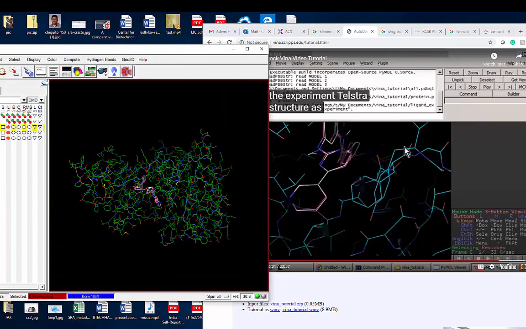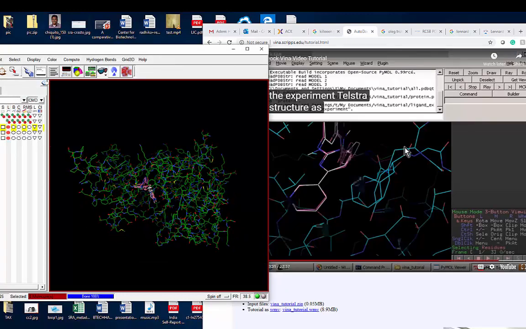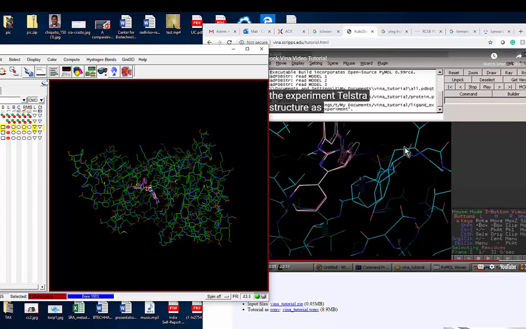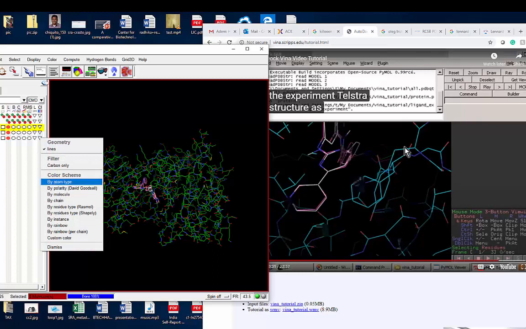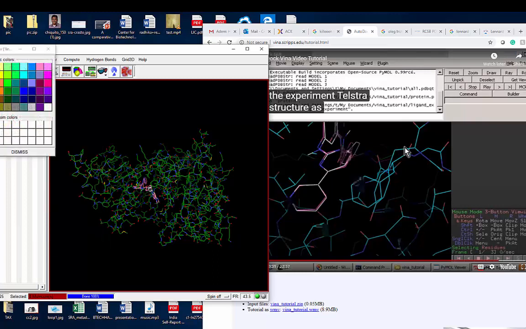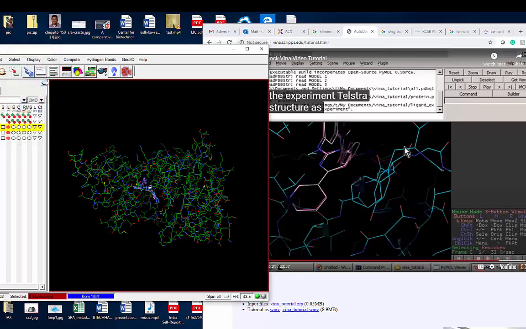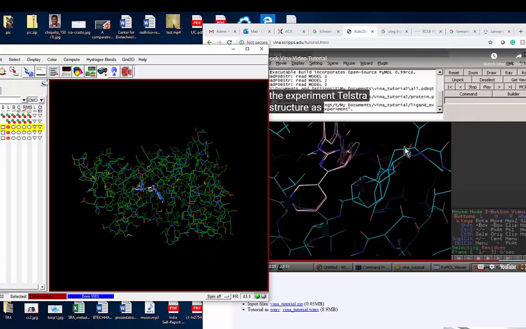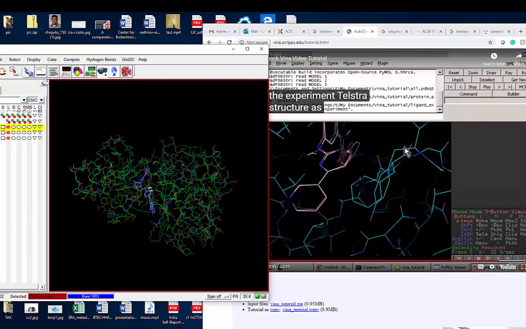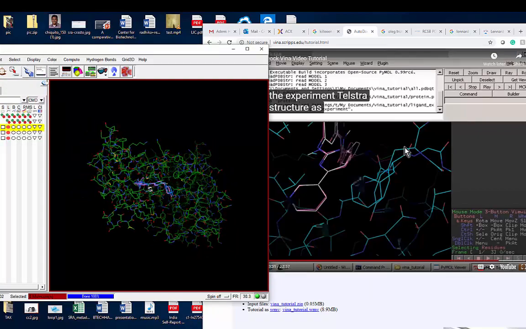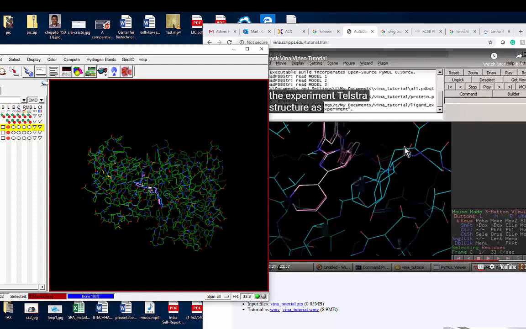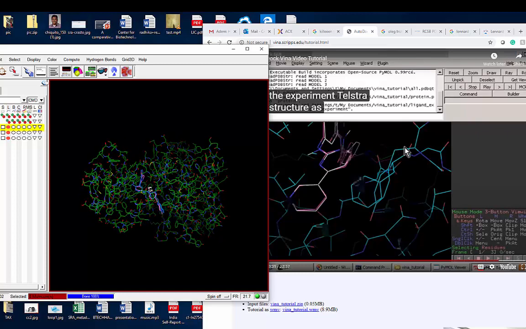Okay, and you can see it's pretty solid, right? So for example, we can go to the experimental ligand and just color it blue, all of it. Then you see how well it fits in terms of the coincidence. So it tells you that it's pretty solid in terms of comparing it to the